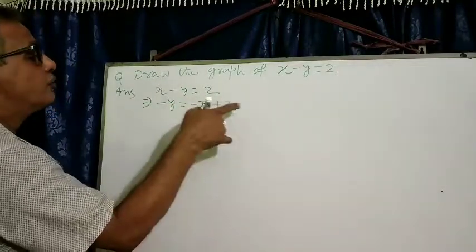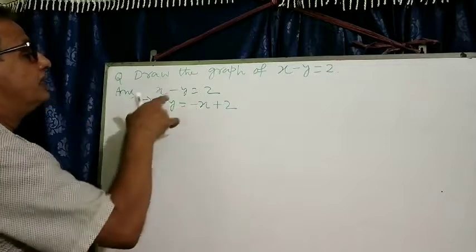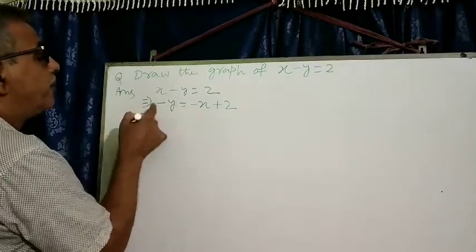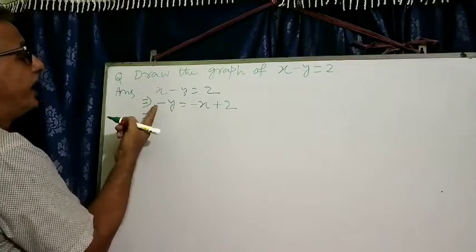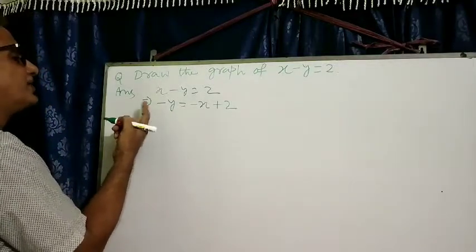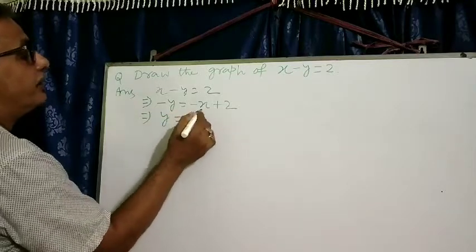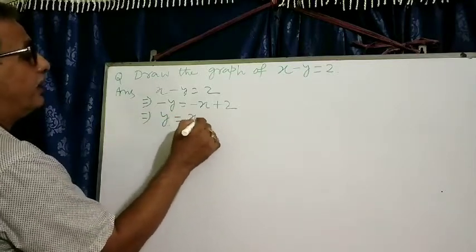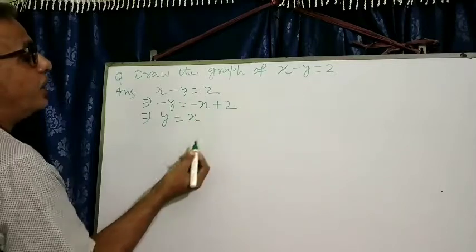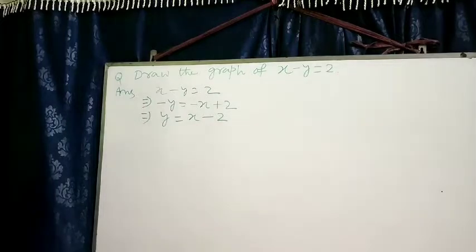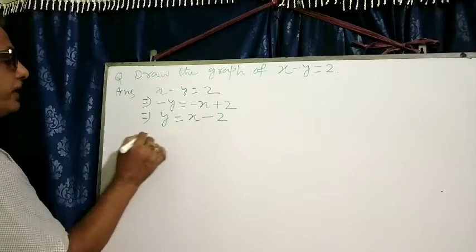This x has gone to the right hand side, so minus. This minus y is already minus. You multiply by minus so that minus should not be in the starting. Minus minus plus. Here you are getting what? Minus minus plus, and this plus is there, so it will be minus 2. I think you understood. Now you make one table